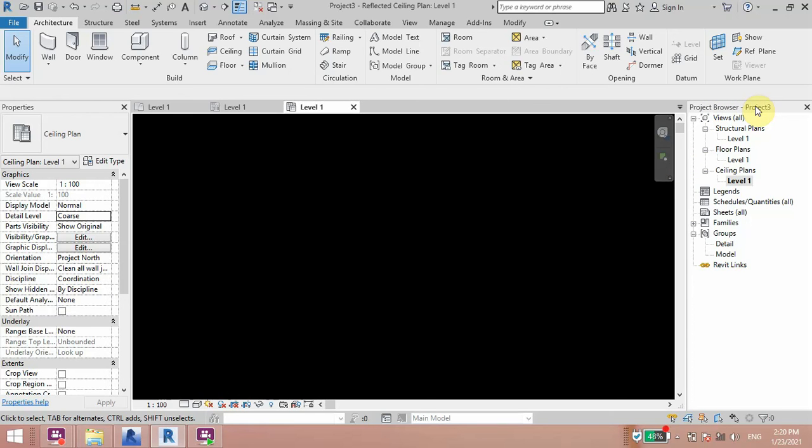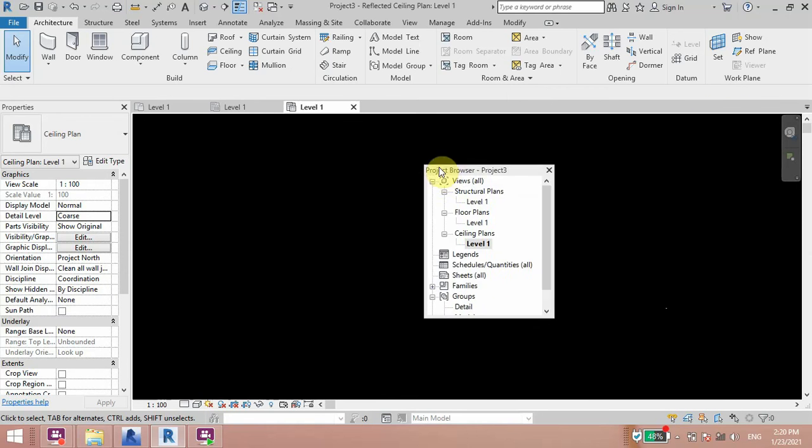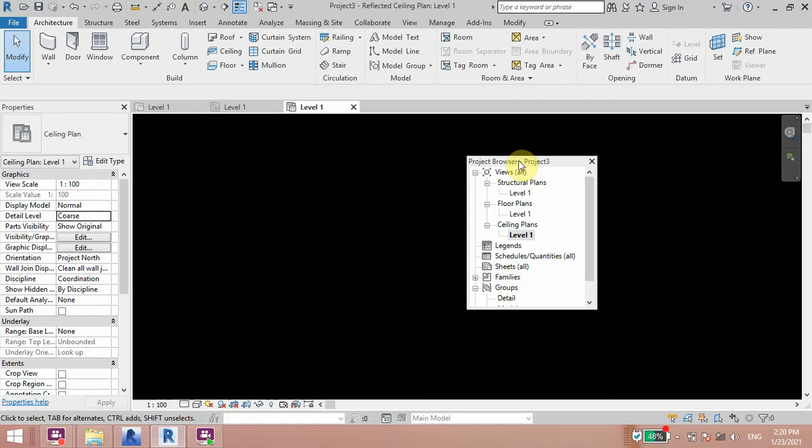You can move the Project Browser dialog box anywhere. Just double click the Project Browser and it will come out of the display.